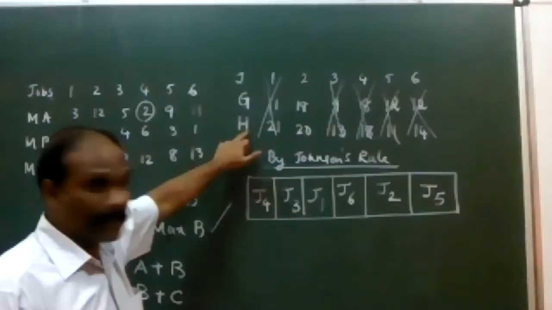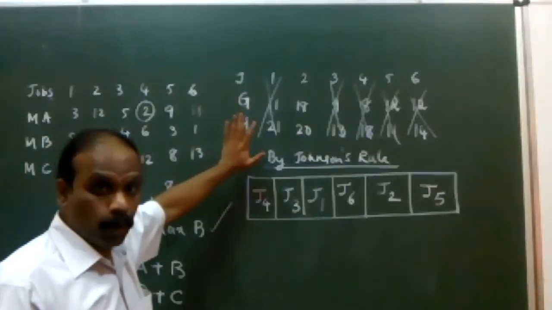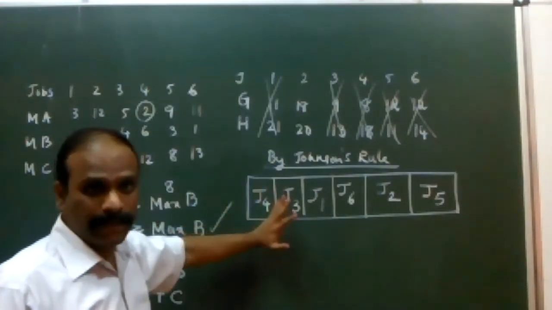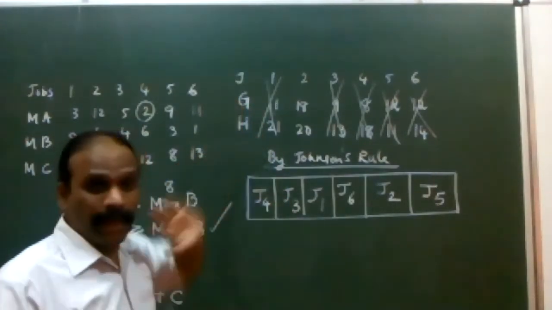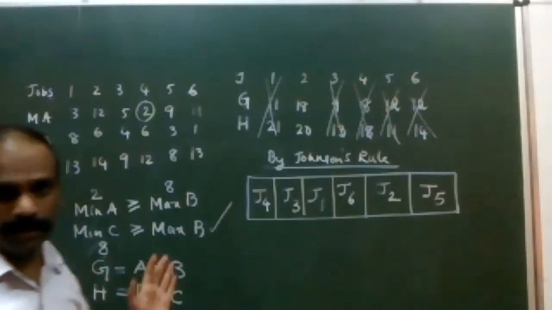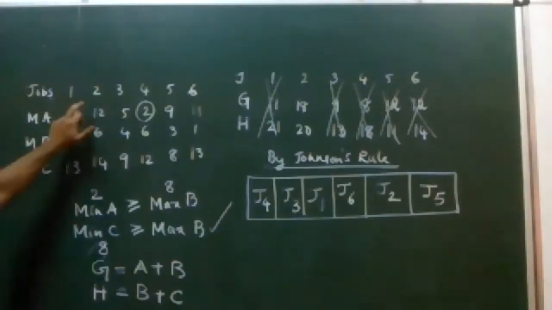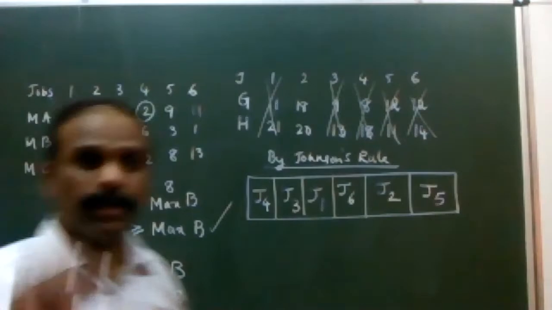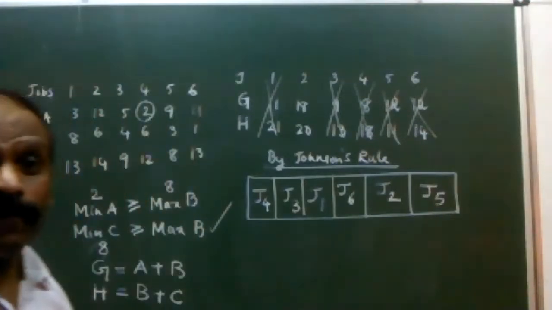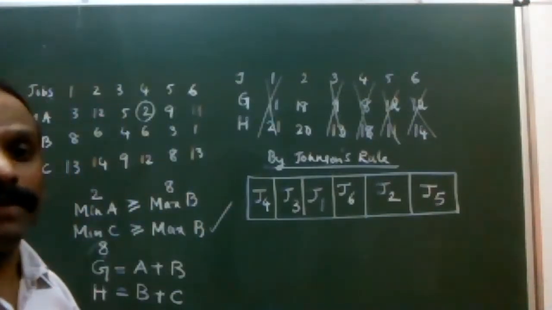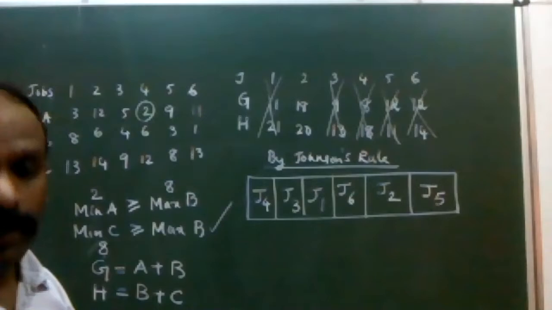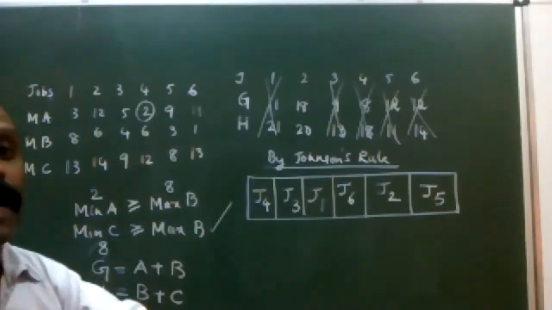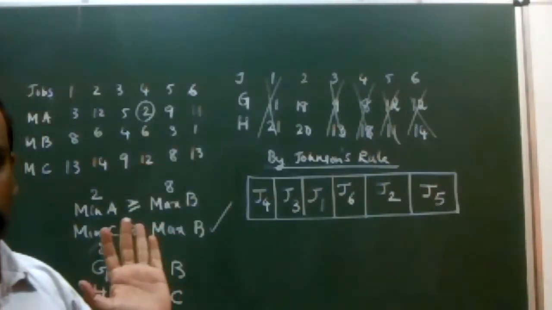Right? So this data is relevant only up to when we calculate the Johnson's rule. Once Johnson's rule is calculated, this data has no significance in the entire question. We have to go back to the original data. So all your calculations have to be based on the original data. Only for applying Johnson's rule, we have converted to a 2 machine problem. Beyond that, these 2 fictitious values G and H have no relevance in the problem.